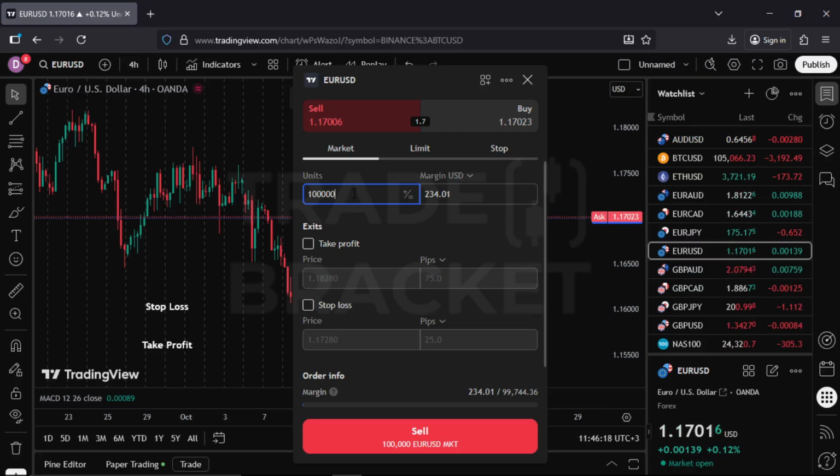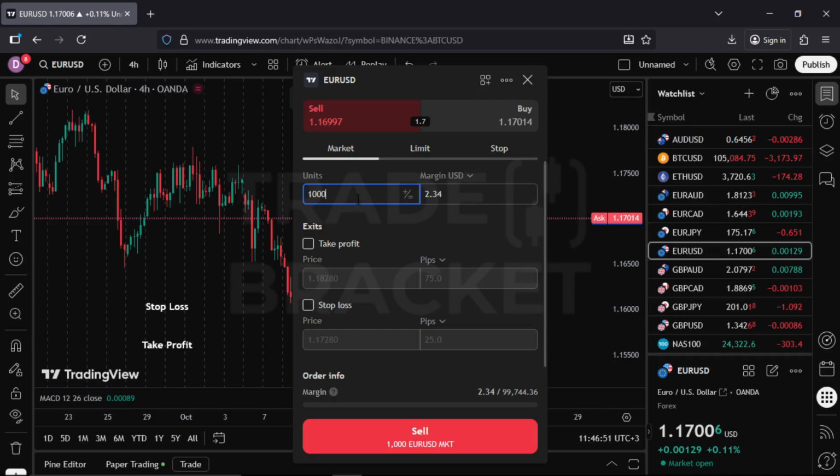If it's 10,000 units, that would be a mini lot, and a mini lot is represented by 0.1 lot size. Then we also covered 1,000 units, and we said this is the micro lot size, and we said it's represented by